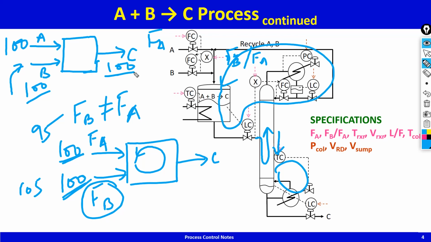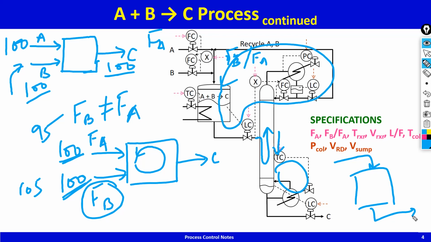This is very similar to the tank, where you cannot specify both the inflow and the outflow. You can specify one of them and the other stream has to be under level control, so that in is equal to out. Similarly, in this case,